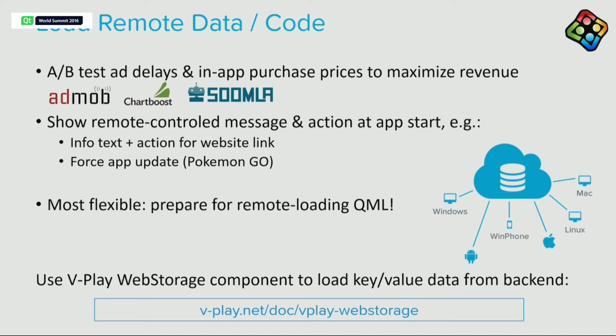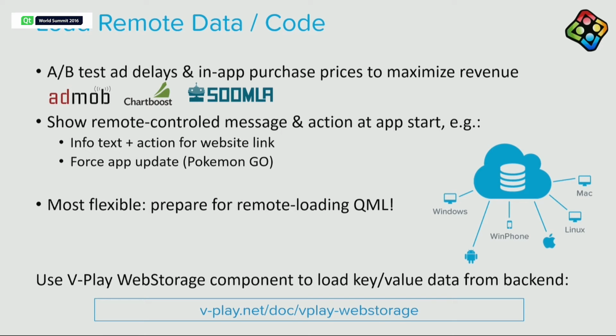So what we recommend in a mobile app that you publish is to always add some kind of remote loaded code or data that you can show when the app is starting. So with that, for example, you can test different ad settings to maximize the revenue within your mobile application, or you can test prices of your in-app purchase values. And the cool thing with that is that you don't need to update the new version of your app, but you can just change this on the web dashboard, and then these values are published immediately to all your users